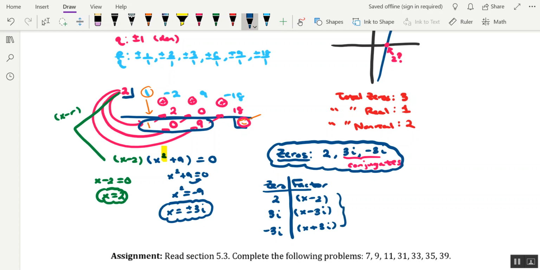So you can piece these together. We get x minus 2 times quantity x minus 3i times quantity x plus 3i. And you can see that there are 3 linear factors. So that's a verification of the linear factor theorem. And that's where all the pain and fun and excitement for